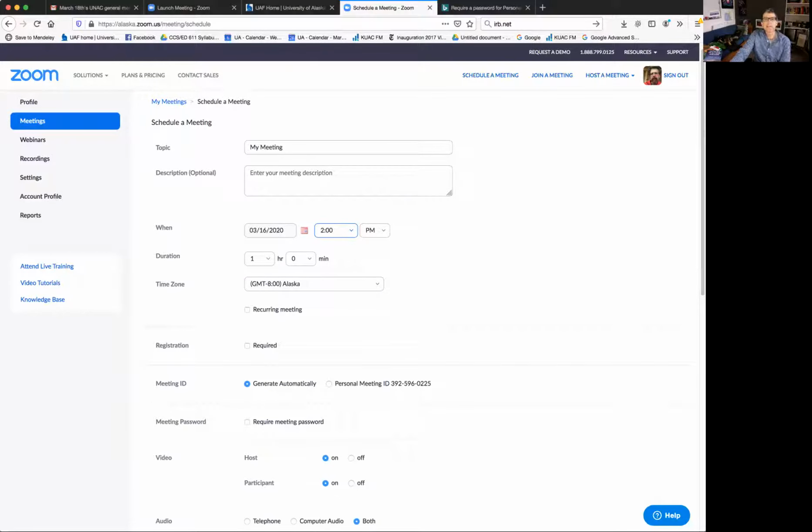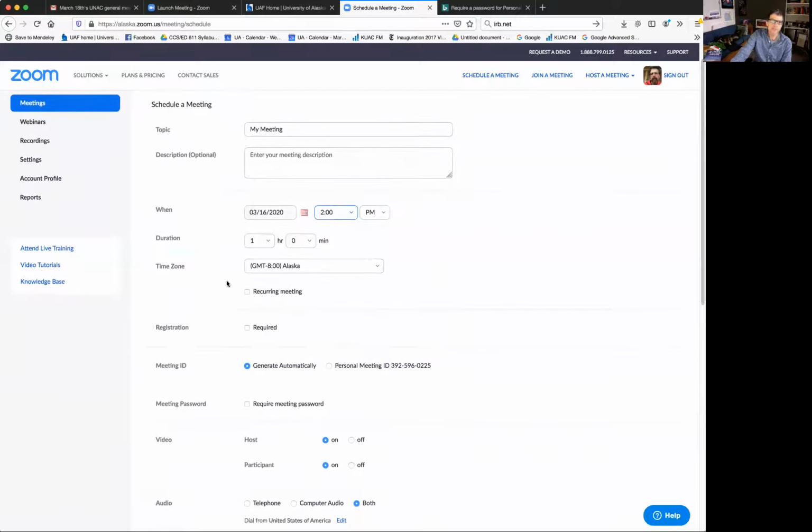With the fact that a lot of people are now going to be using Zoom, we want to be conscious of not overloading that network. So if we're not actually in a meeting with somebody, don't just keep a meeting running in the background, waiting for students to pop in, things like that, if you can at all help it. Just consider the overall robustness of the network. Okay, so, the schedule the meeting thing,